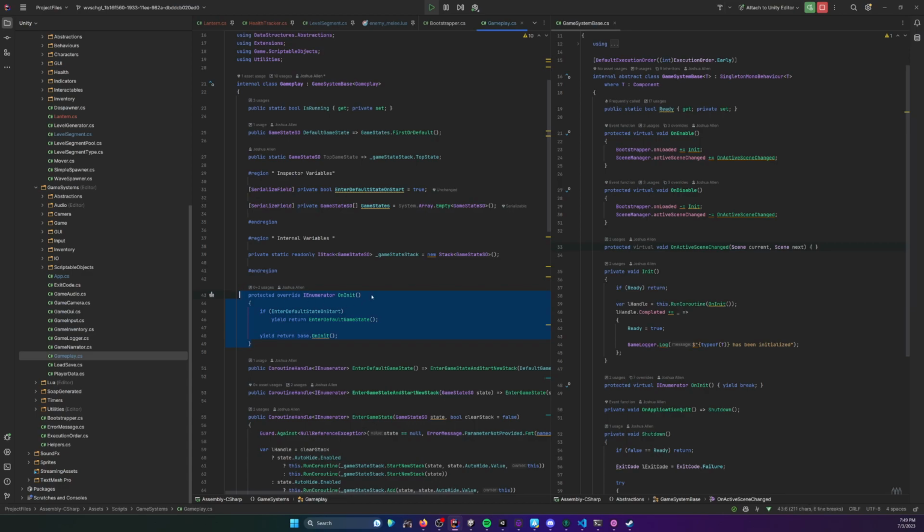And in doing so, this game system will be marked as in a ready state. And so that allows us to do some really cool dependency loading here where